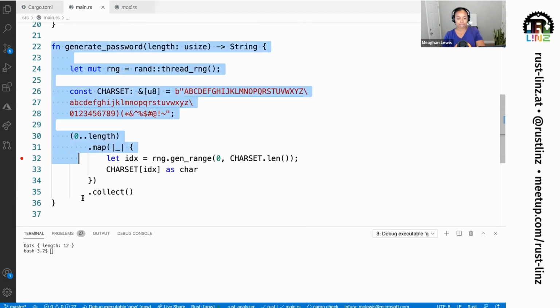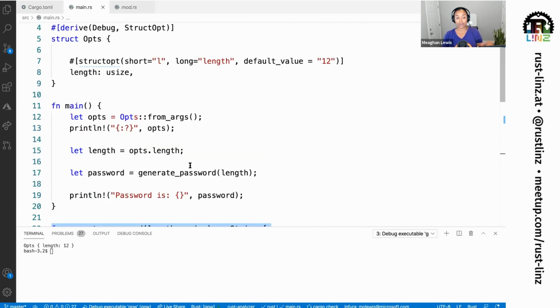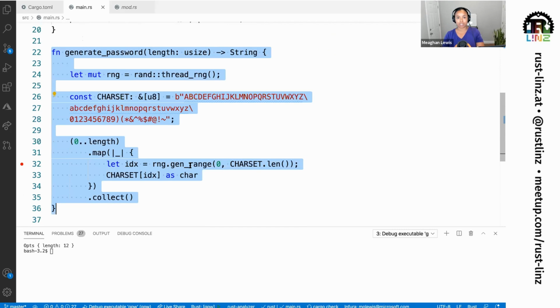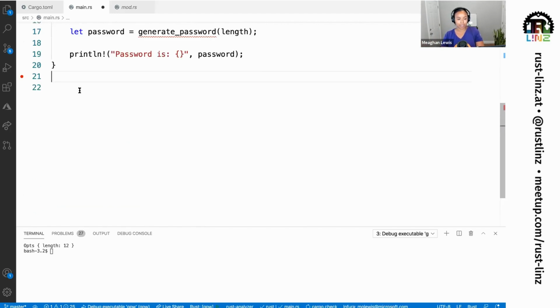But I also want to think about how to isolate and have my main program focus on just the program execution, where some of the supporting functionality can be moved to a library. So I do want to show that, and then when I move all this to a library, we'll go ahead and test over there. I'm going to remove this breakpoint for now.